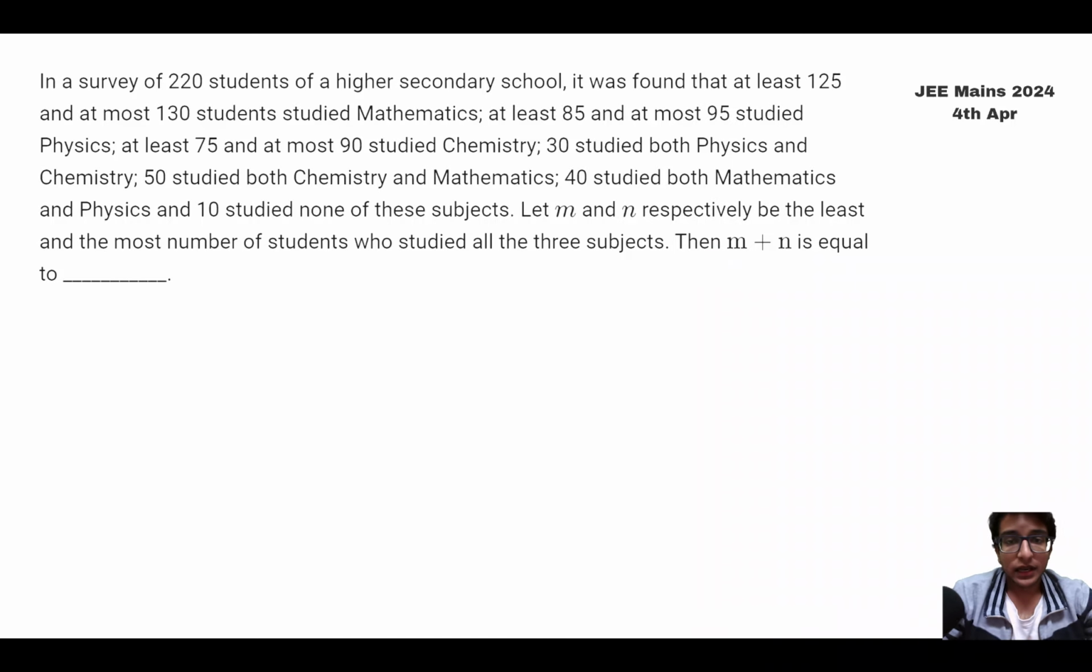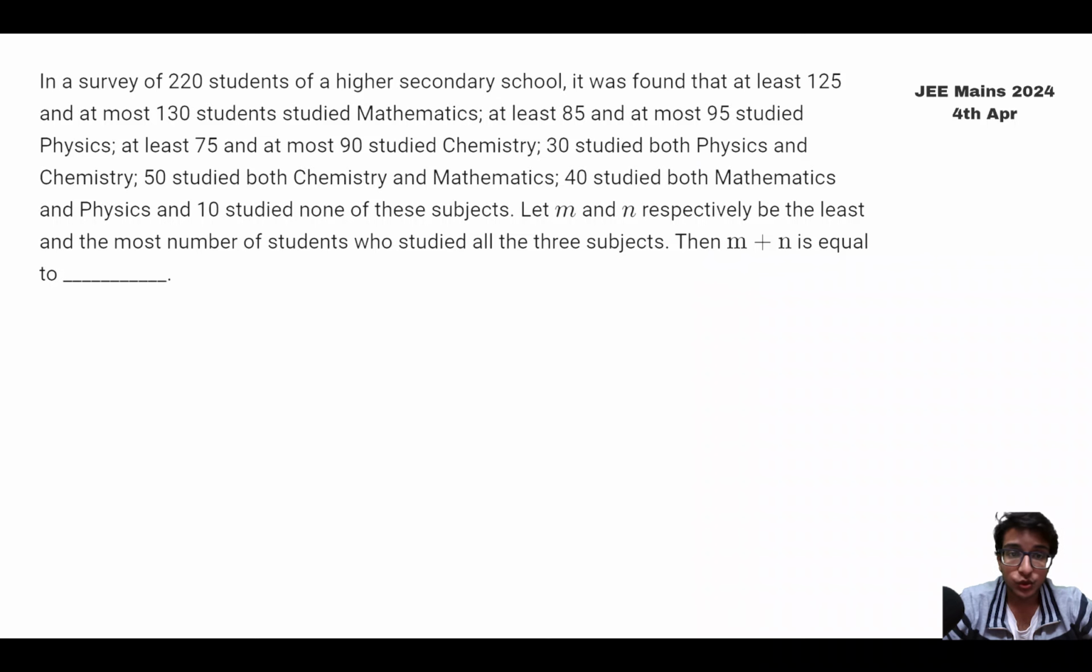So now let's look at the first question. This question was asked in JEE Mains 24, 4th April. So in a survey of 220 students of higher secondary school, it was found that at least 125 and at